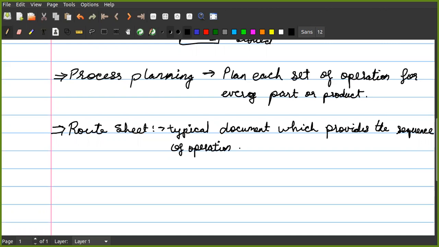But this route sheet was mostly clerical work.